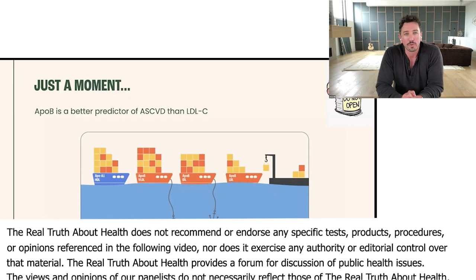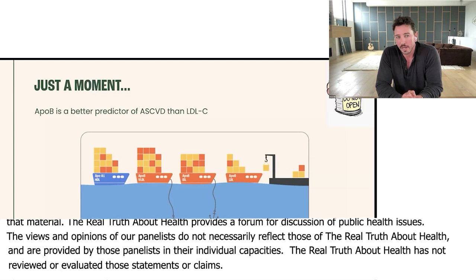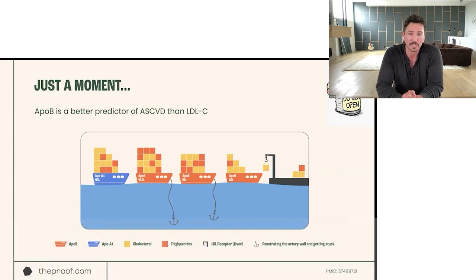But what I want to make clear here is that APO B is a better predictor of ASCVD, which is atherosclerotic cardiovascular disease, when you're building up plaque in the artery wall, than LDL cholesterol. And I've attempted to draw this using these cargo ships to explain it. So